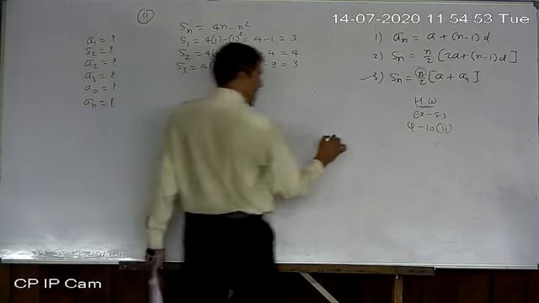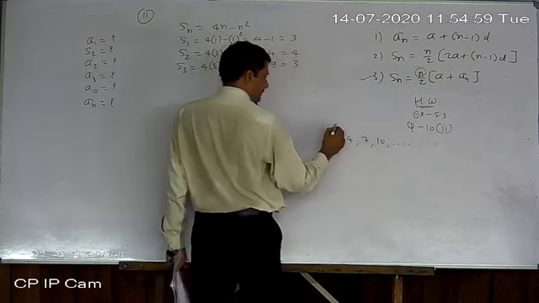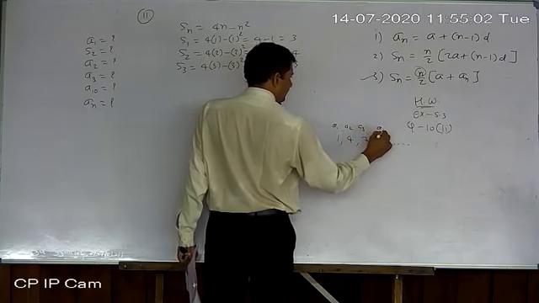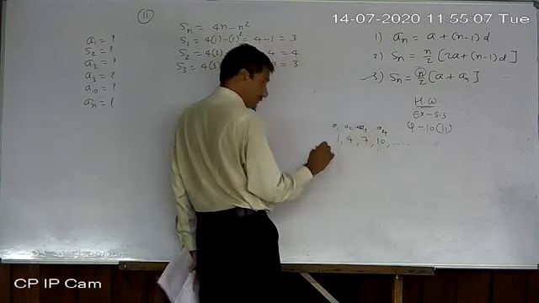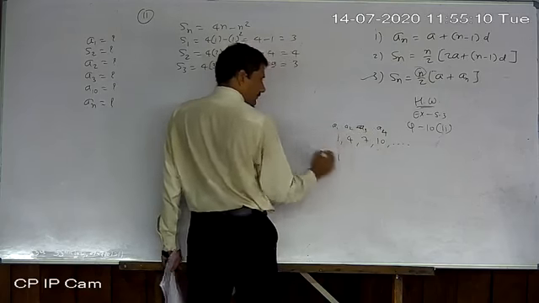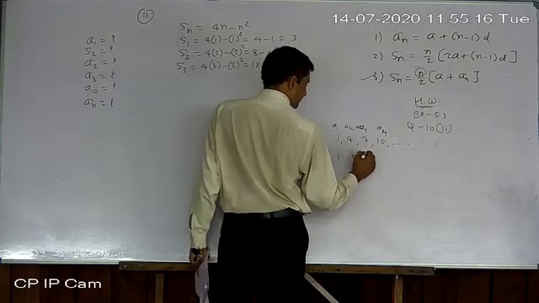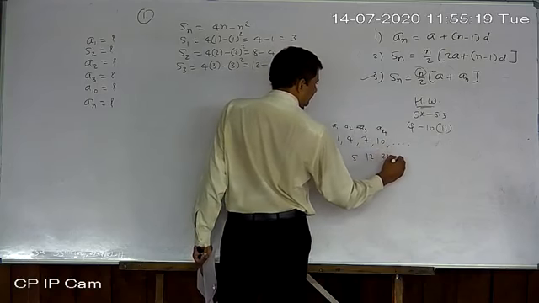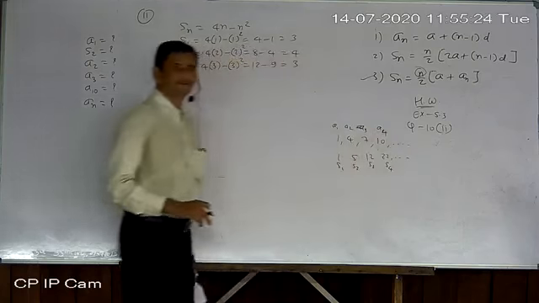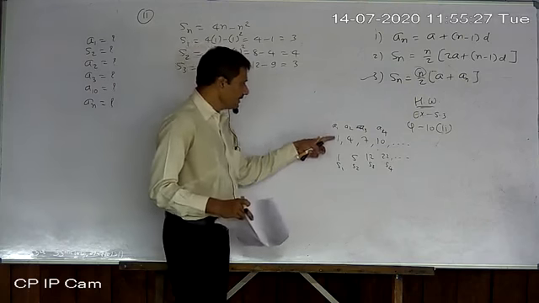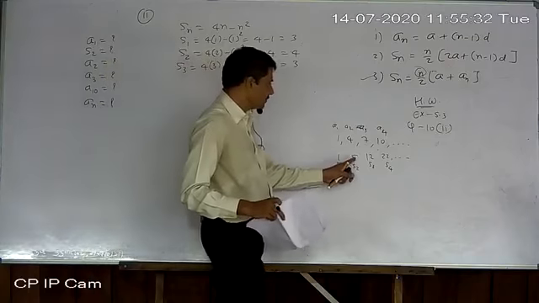I am giving you an example: 1, 4, 7, 10 like this. This is A1, A2, A3, A4. Now I prepare S1, S2, S3 also. So the sum of the first term, then the first term plus the second term, then the first, second plus the third, then 12 plus 10, 22. So these are S1, S2, S3, S4. Now you understand here, A1 is 1 and S1 also is 1. So A1 is S1 only. The sum of the first two terms is 5.